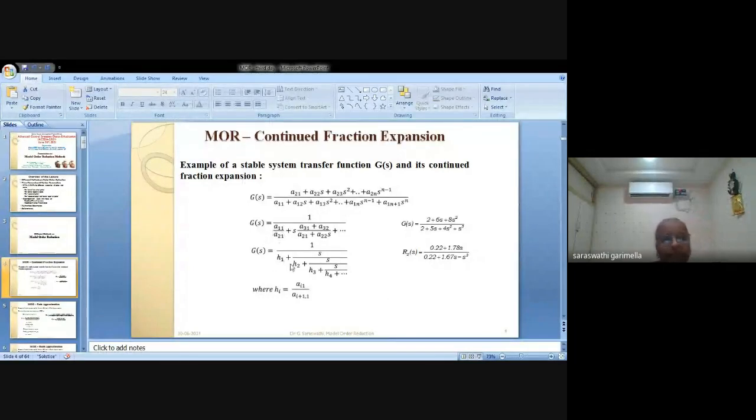Then after that it is started with S. So S divided by again A21, A22S, so on, divided by A31, means this is taken as a reciprocal, and again this ratio will come. So it will be a continued process till you get 2n plus 1 terms or so. So the reduced model will be taken as a truncated method. Suppose I want a second order system, then I will consider up to H3. Remaining terms I will ignore.